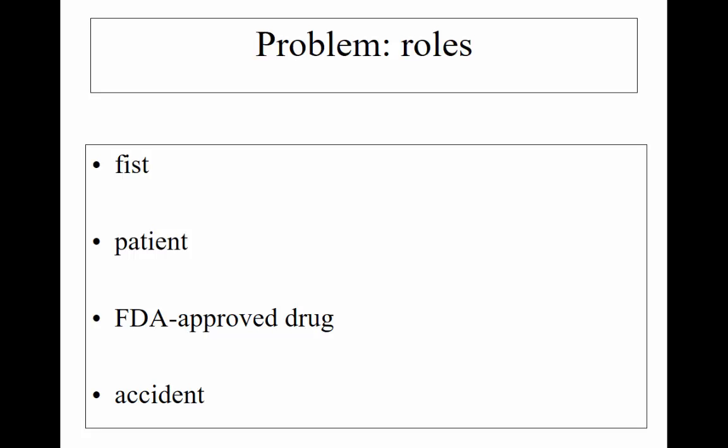So we understand a patient not as a special kind of human being, but as a human being who is playing the role of patient. And we understand an FDA-approved drug not as a special kind of chemical, but a chemical which is playing the role of having been approved by the FDA and being such as to have certain legal roles which follow from having been approved by the FDA. And then accident,